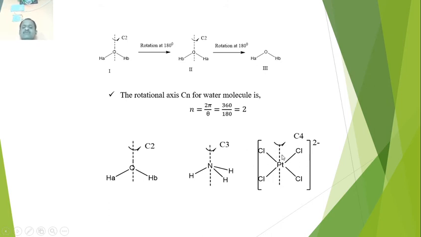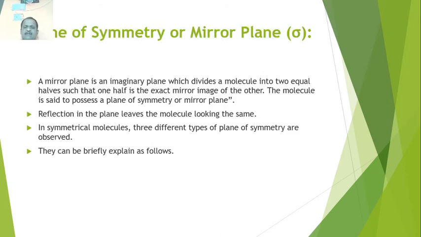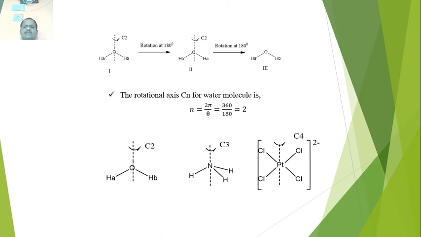So if you rotate the molecule by theta, that is theta is equal to 90, then you will get what? 360 divided by 90 is equal to 4. Then n is equal to 4. That means this molecule possesses a C4 axis of symmetry. Did you get how the principal axis is calculated, or how the axis of symmetry is calculated with the help of this formula? This could be understood with the help of other examples also.